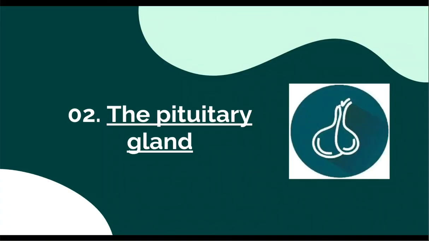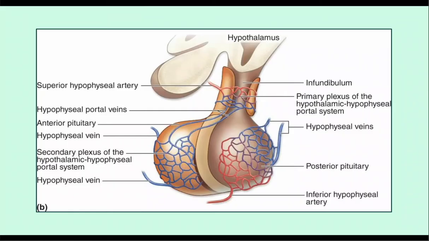So now let's talk about the pituitary gland. What is very important over here is you should know how the anterior and posterior pituitary gland are linked to the hypothalamus. So the posterior one is part of the diencephalon, so the connection is pretty straightforward. You just have the cell body located in the hypothalamus, and the axon terminals extend down into the posterior pituitary,